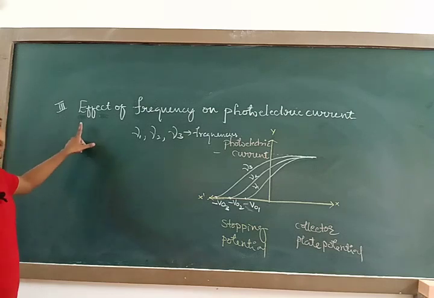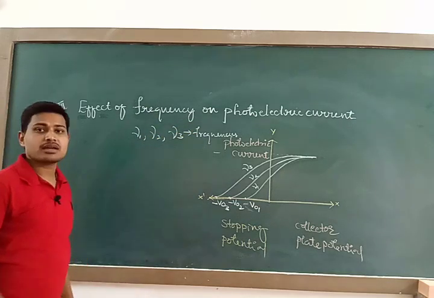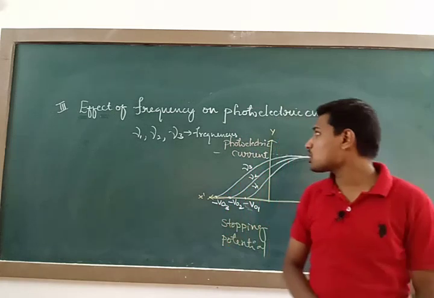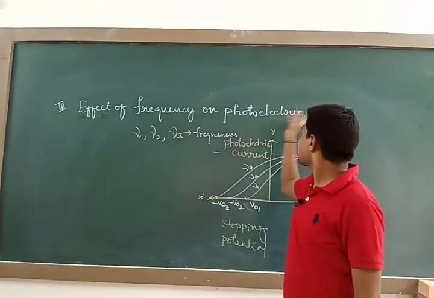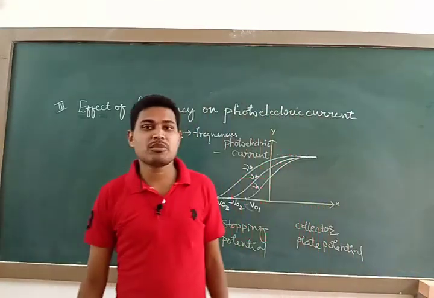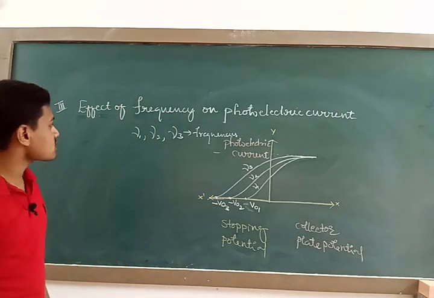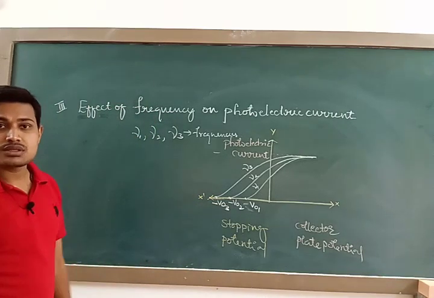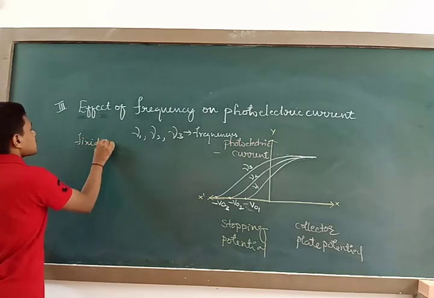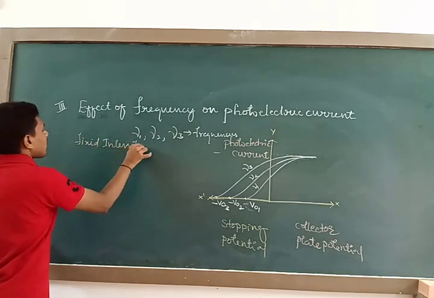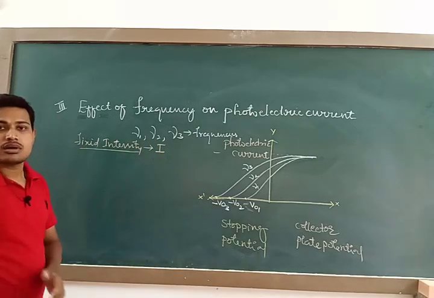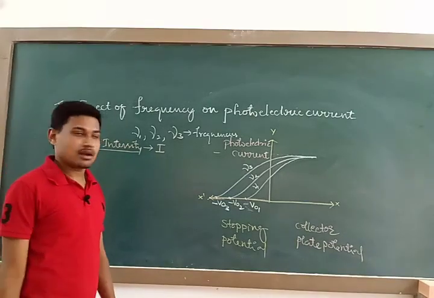See, the next concept is the effect of frequency on photoelectric current. So for this, to study the effect of frequency on photoelectric current, go through the previous experimental setup which I explained in my previous class. See, I am going to use a source of light having a fixed intensity. Remember, a fixed intensity of the light source corresponding to different colors. It means